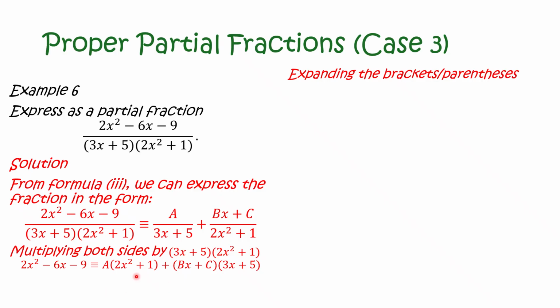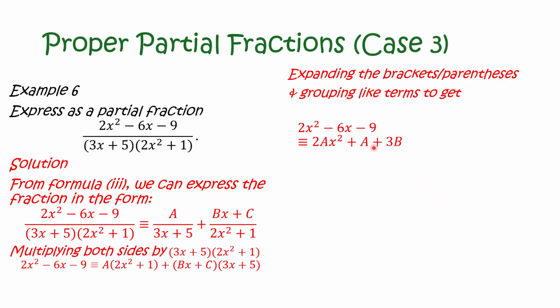So 2x squared minus 6x minus 9 is equivalent to A times (2x squared plus 1) plus (bx plus c) times (3x plus 5). So we move on to expand the brackets, recall,